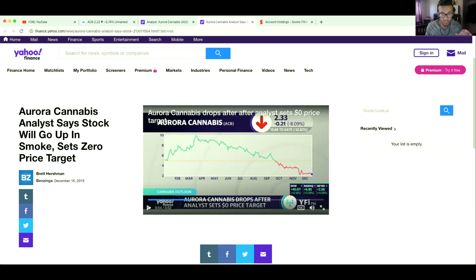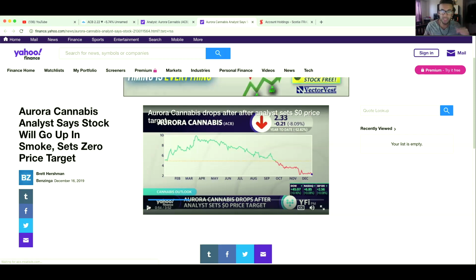Right now, I don't think Aurora can land that $5 billion Constellation deal the way Canopy did, mostly because of the price they're at now. When Canopy landed that deal, there was a lot of hype around the sector. Right now, a lot of people are scared. A lot of investors are questioning the sector. So it's going to be very hard for Aurora to get that cash unless they decide to issue more shares, which shareholders don't want to see. So Aurora is kind of in a tough situation right now. But let's continue.